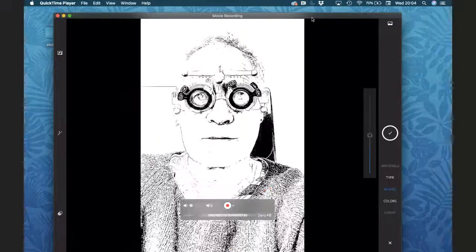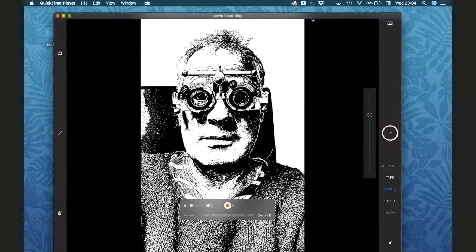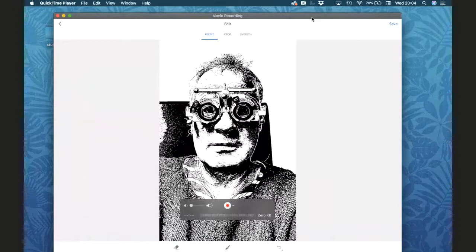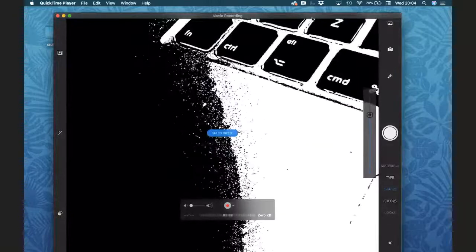And you've got a slider where you can choose the amount of black and white. And you can just hit the tick and that will save the image. You can then refine it, you can rub bits out, and then you just hit the save button, and that's saved directly into your Adobe library